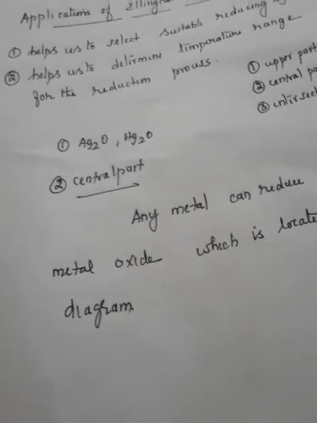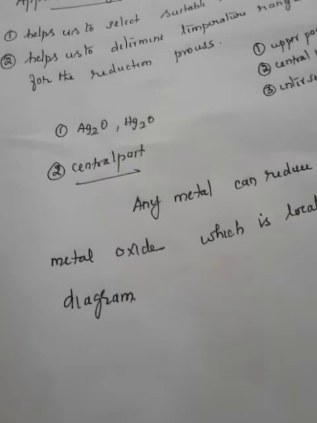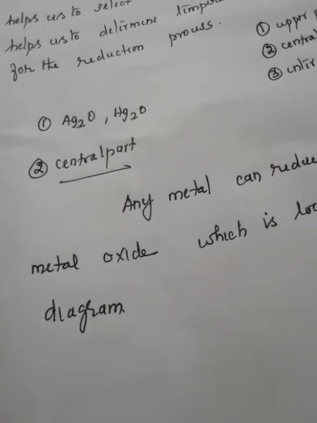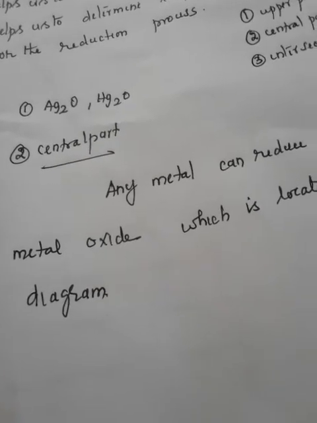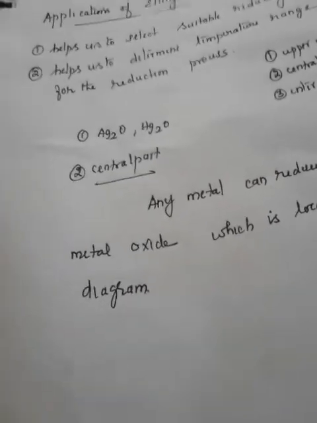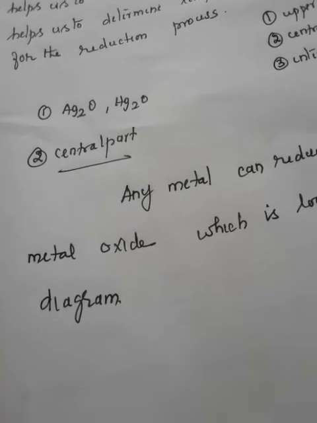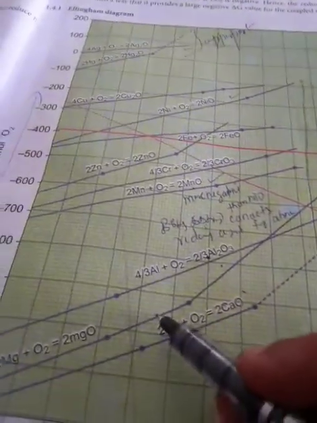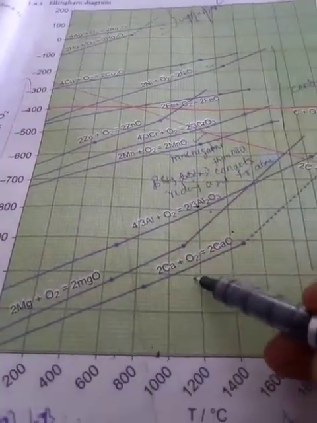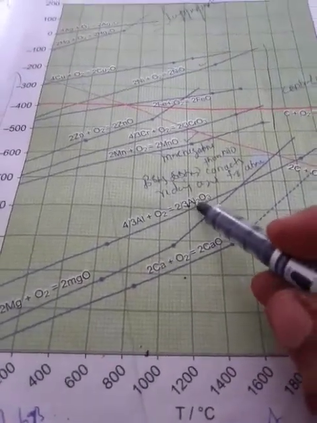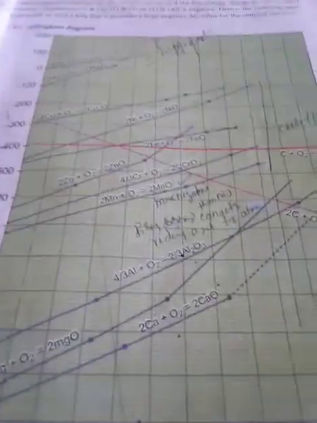That is, in the diagram we have seen Al2O3 is more stable than Cr2O3. So, aluminum can be used as a reducing agent for the reduction of chromic oxide. However, it cannot be used as a reducing agent for magnesium and calcium, which occupy a lower position. Magnesium, calcium are present in a lower position. For this it is not feasible. Aluminum, but it is feasible for chromic oxide, which is kept above. This is the second point, central part.